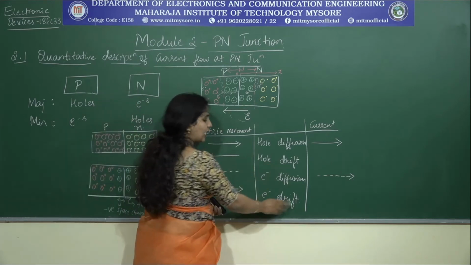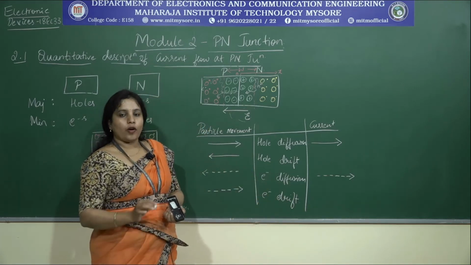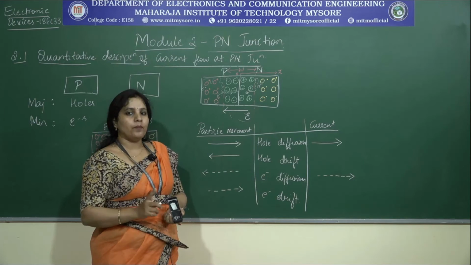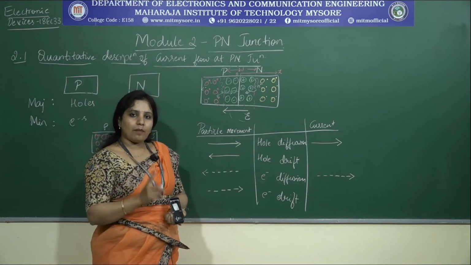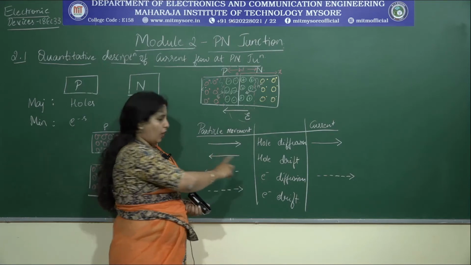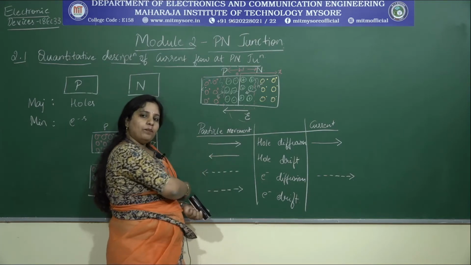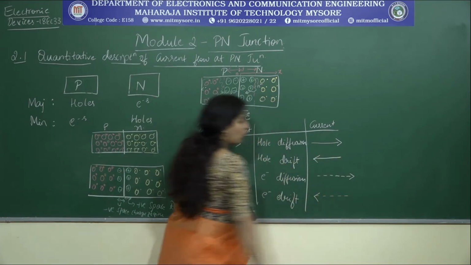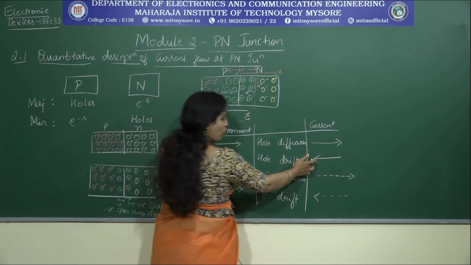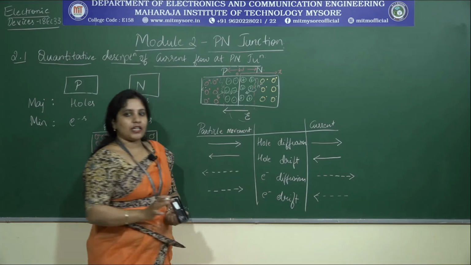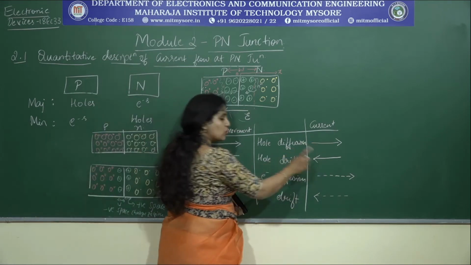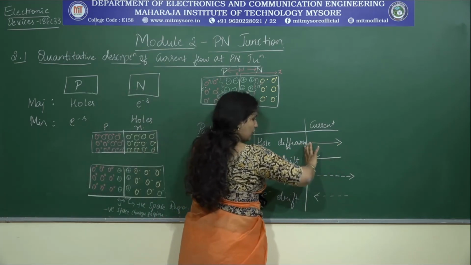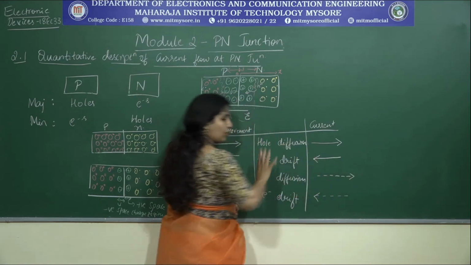Now, let me consider the current, which is the drift current. As I mentioned, I will always represent the conventional current direction. How is the conventional current direction? It is the same as the hole particle movement. Now, how is the hole getting drifted? Towards my left side. Therefore, the conventional drift current also has to be towards my left hand side. Both of these I am referring to as drift current, and both of these I am referring to as diffusion current. As you can see, the diffusion current is just opposite to the drift current.